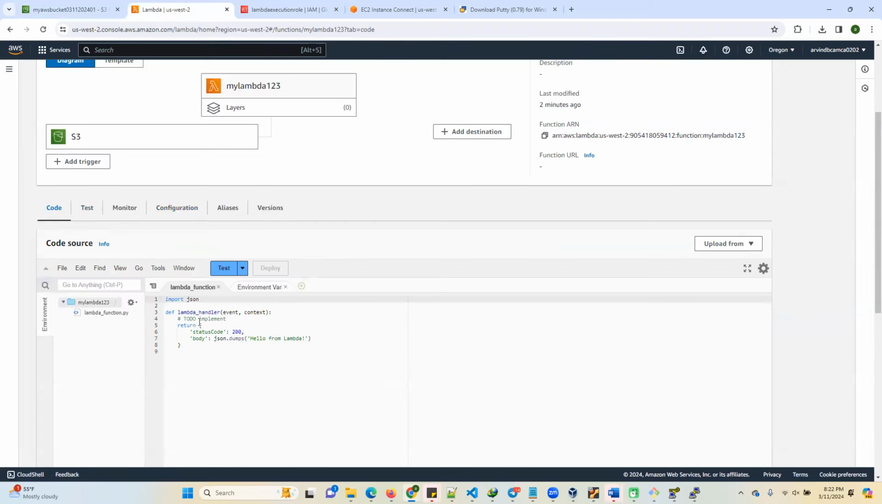Now I want to write some code in the Lambda. Whenever a file arrives in S3, my Lambda will be triggered, and it should do some computation on the data which arrived in S3. Okay. So there are many more